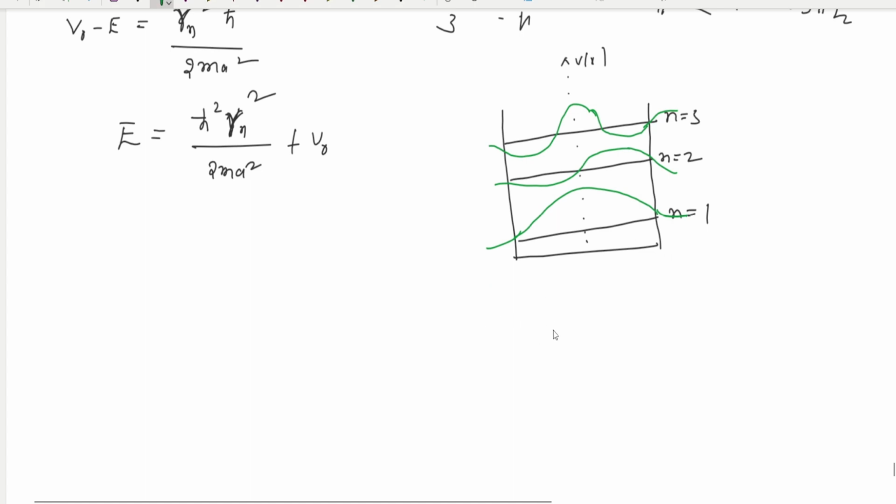So especially in the case of E less than V naught, bounded state solution. So we divided into three types of regions, right? For example, if you consider this one as region 1 and region 2, like that only we